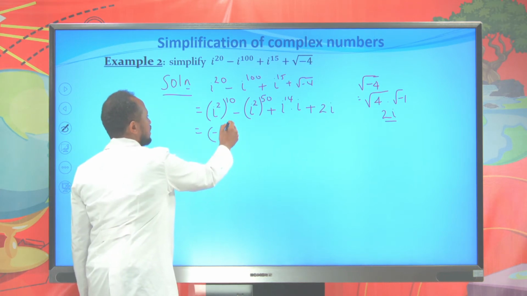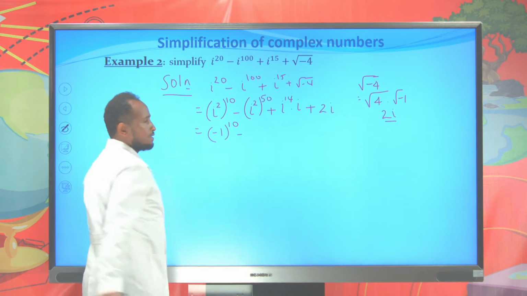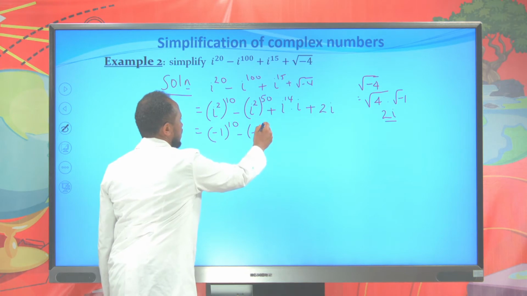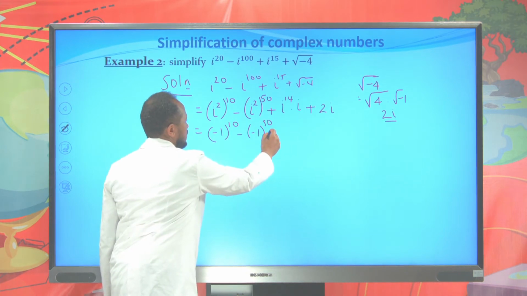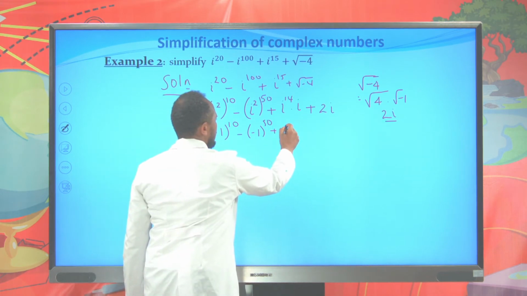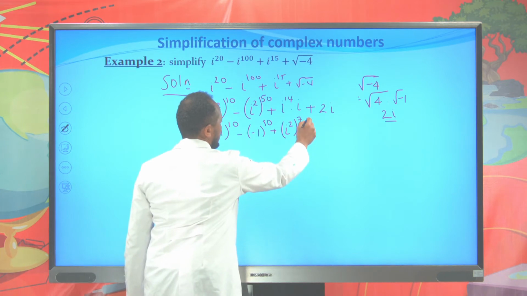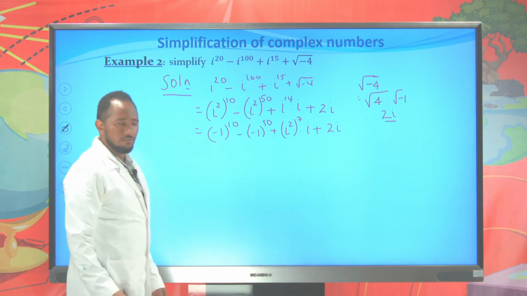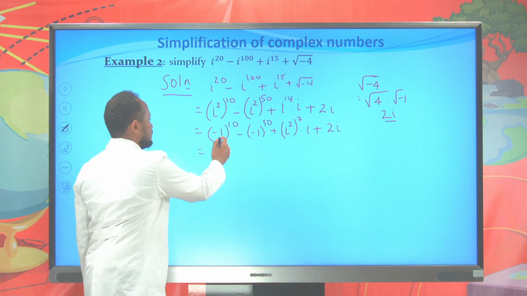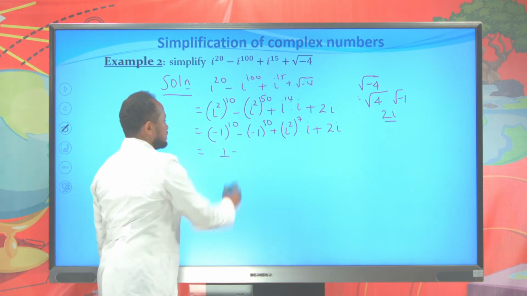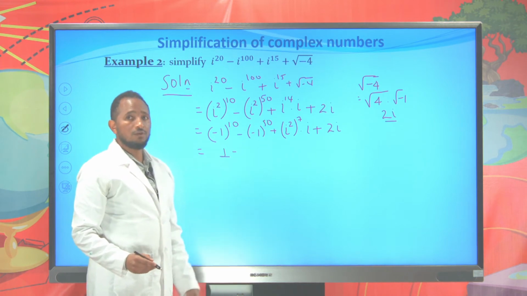Therefore, it is minus 1 to the power of 10, minus, here also i squared is minus 1, that is to the power of 50, plus. I can write this as i to the power of 2 to the power of 7 times i. And we have here 2i. Therefore, negative 1 to the power of 10 is 1, minus negative 1 to the power of 15, also 1,